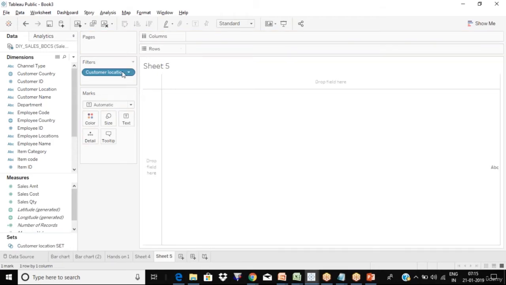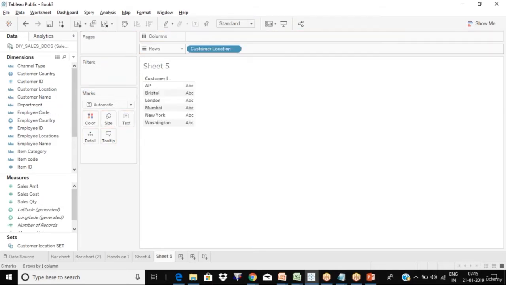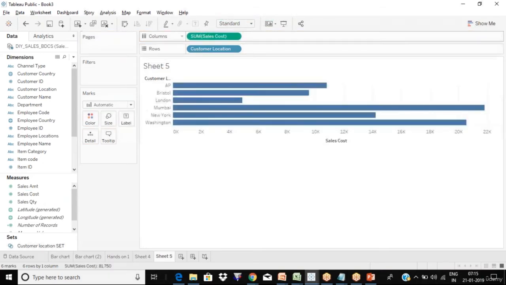Now let me remove these things. Now let me drag this customer location, the original column. Okay, now let me drag in any numeric column, let's say sales cost. Now there is a section called filters here. We have seen that.